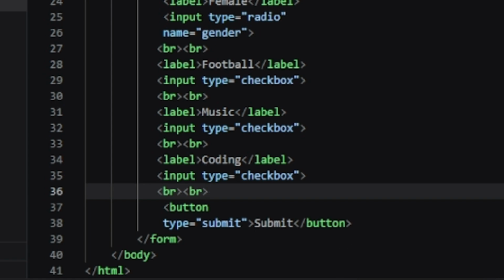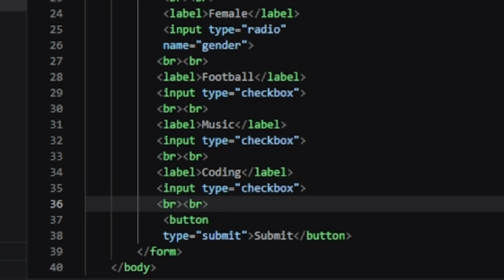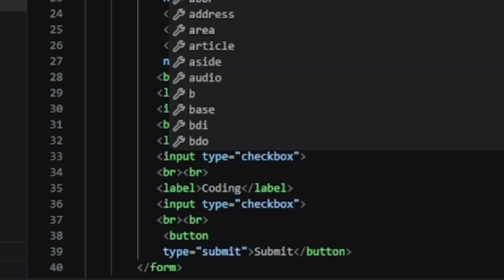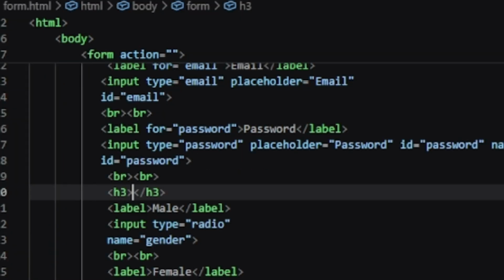So this one I'm going to give you. Let's build this thing from scratch. So here I want to label my options. Let's say I will use the H3 heading, let's say Gender. Let me use a capital letter. Gender. Then where the checkboxes are,